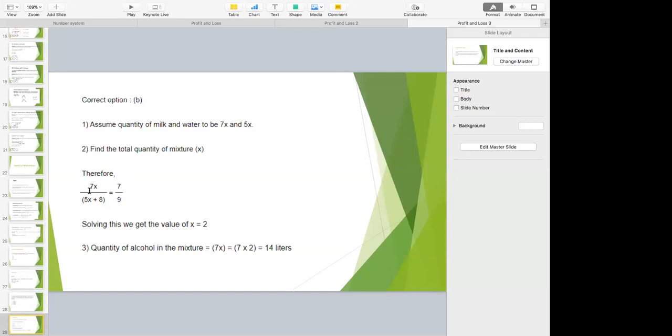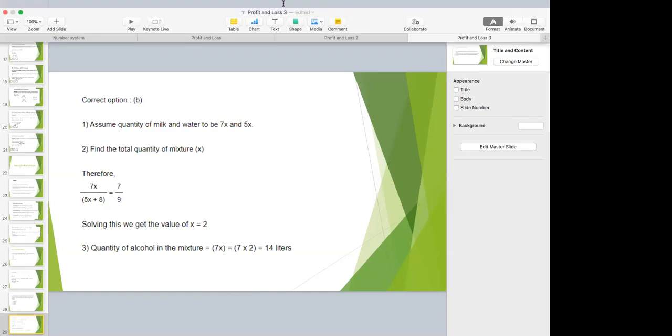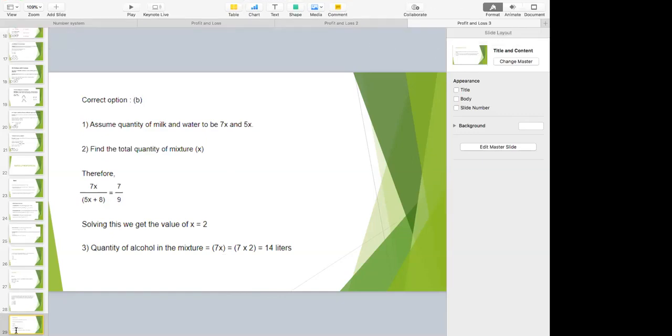And so the quantity of alcohol according to the first step is 7x. So in the third step, after getting the value of x, the quantity of alcohol becomes 7 into 2, 14 liters. Clear? Okay. So I hope you must have learned